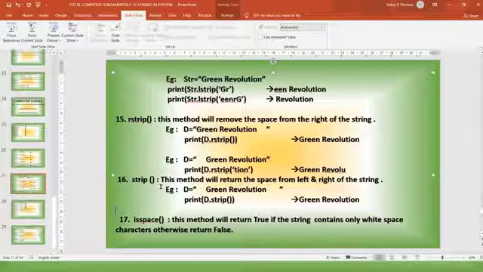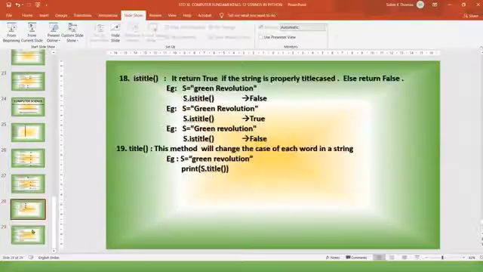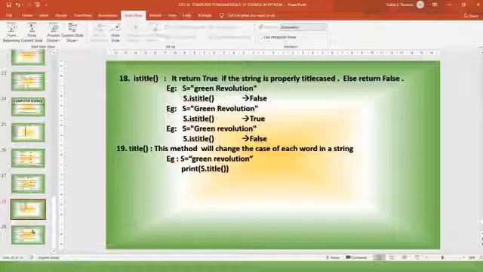Okay, so now the next method is this one. Is title. Is title method checks whether the string is properly title cased or not. See that I just given one example over there.